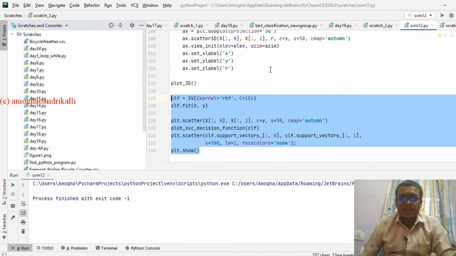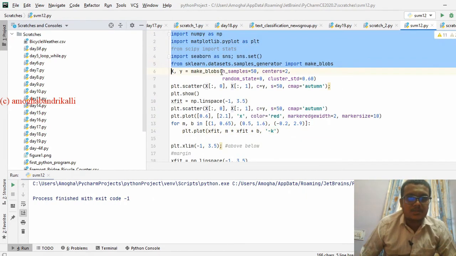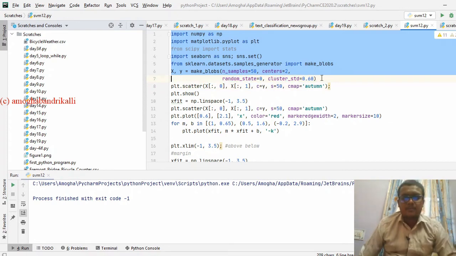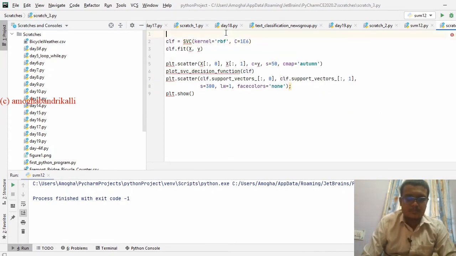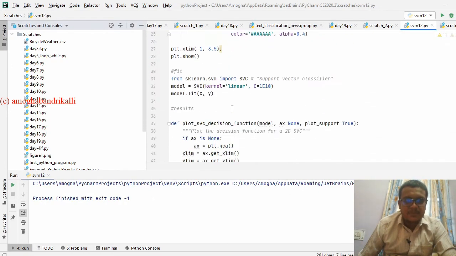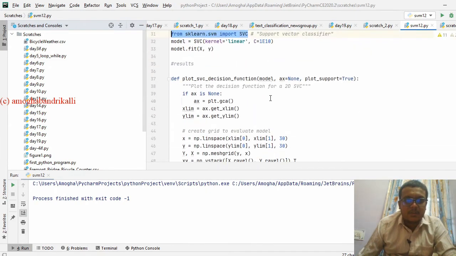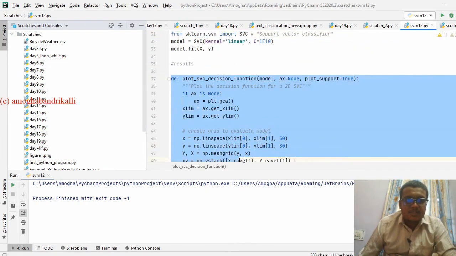I need to import all the values here, and I need x comma y. Another thing is I need to import SVC. I also need the function defined here for plotting results.